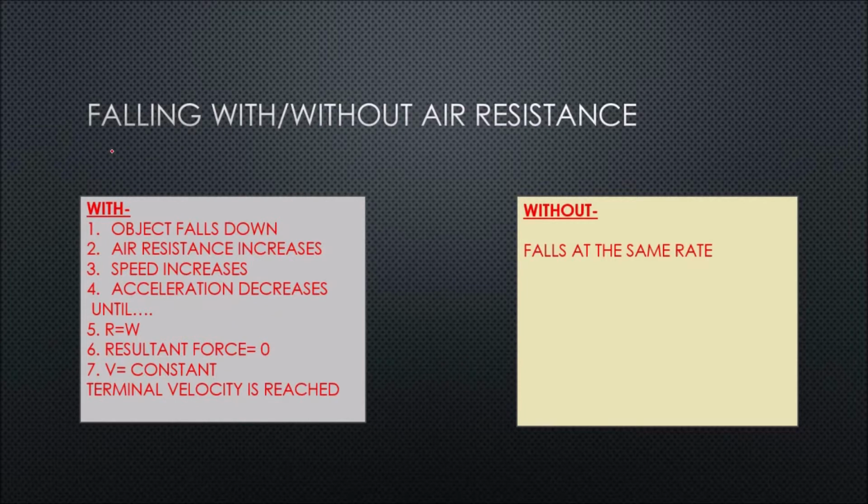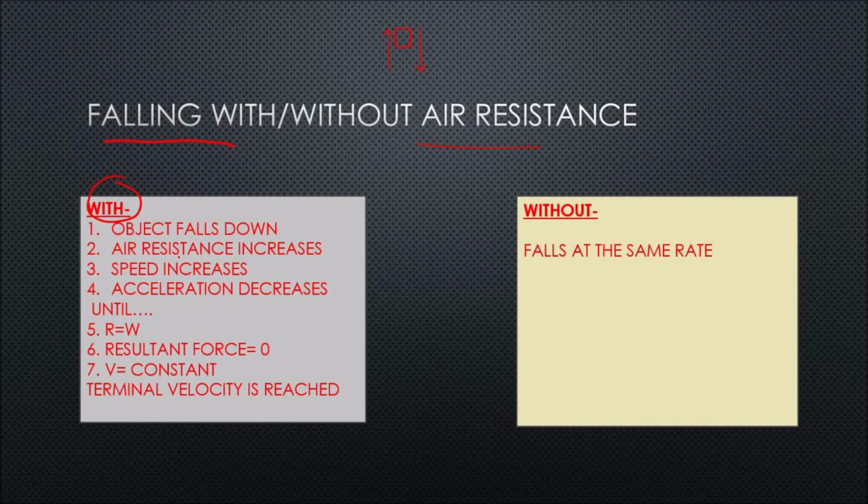Also, the last point is an object falling with and without air resistance. Obviously, when an object is falling down, air resistance tends to go against it, making it fall slower. With air resistance, as an object falls down, the air resistance increases. Obviously, it's going down, so the frictional force would be the air resistance and it would increase. Then the speed would increase,